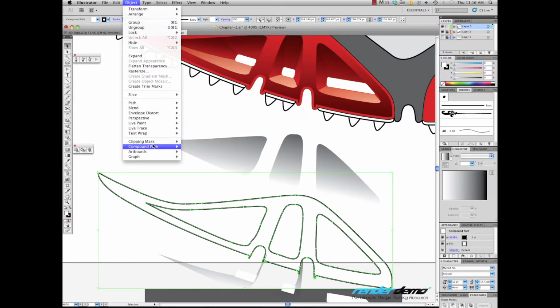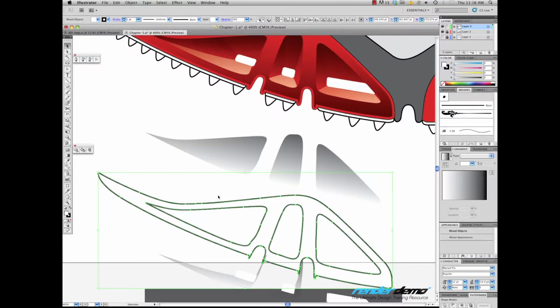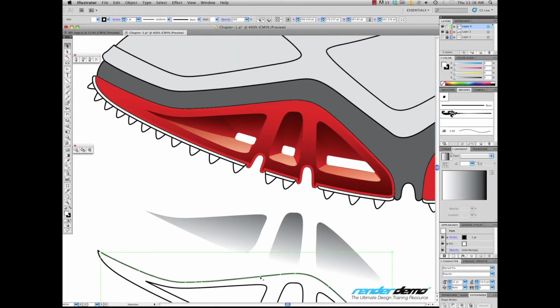I'm going to release this from the clipping mask. I'm just going to select this perimeter shape here. I'm going to cut it here, and let's say here. Now don't discard this bottom part because we want to use that in a second. So right here, before we do anything, let's bring this back up and snap it like so. And now let's take the fill off,